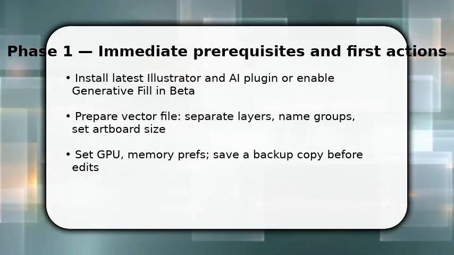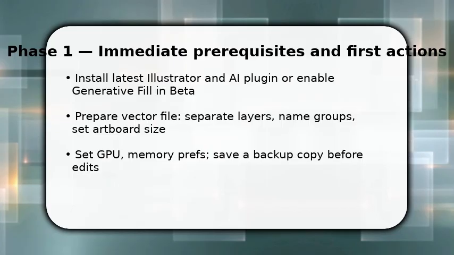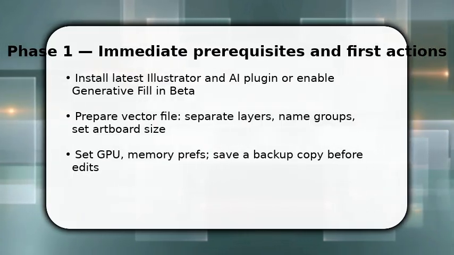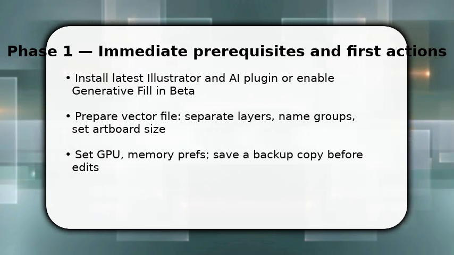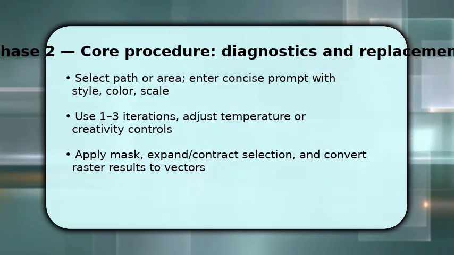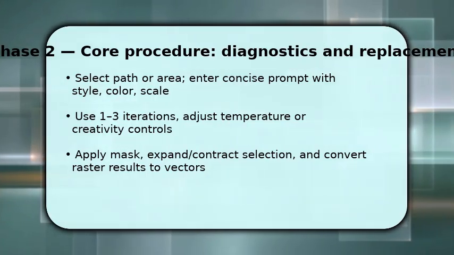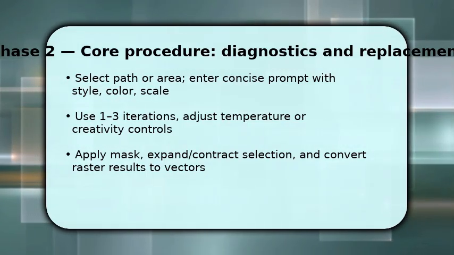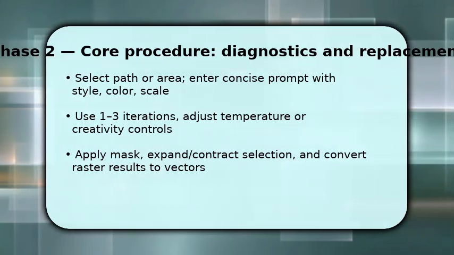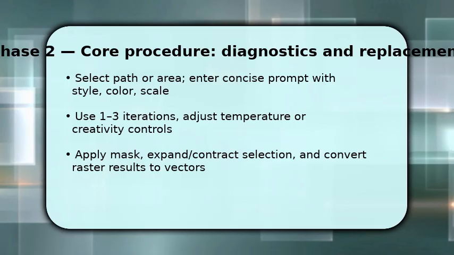revert. Now you will launch the AI tool panel, choose your target layer, and create a small test selection. This first actionable step tells the model where to work. You target the selection and type a clear prompt that includes style, color, and scale cues so the AI knows what to produce. Then run 1 to 3 iterations, compare outcomes, and tweak the creativity or temperature setting to balance